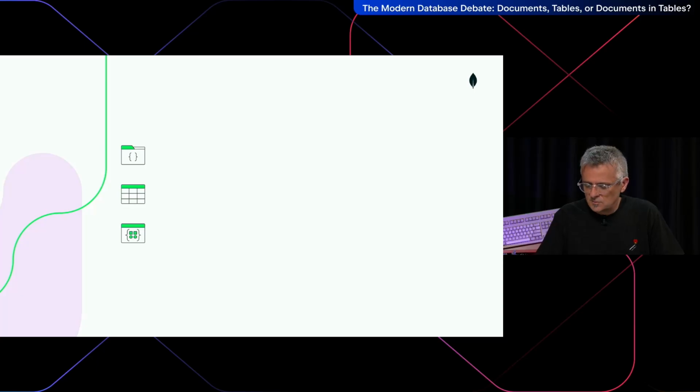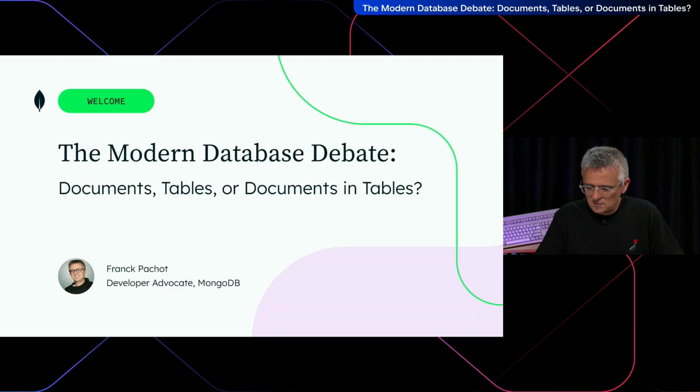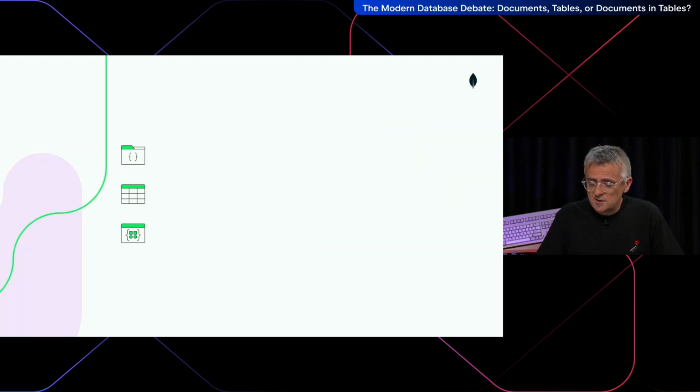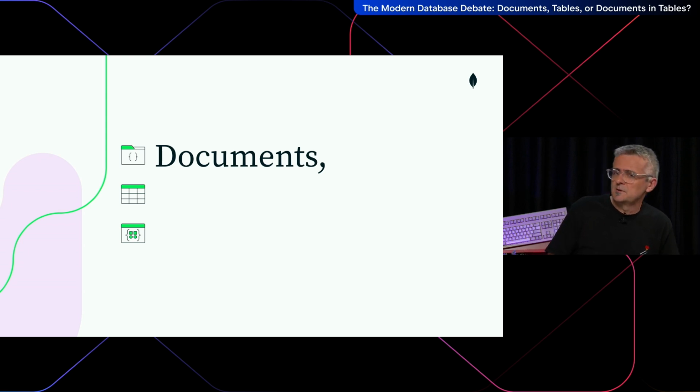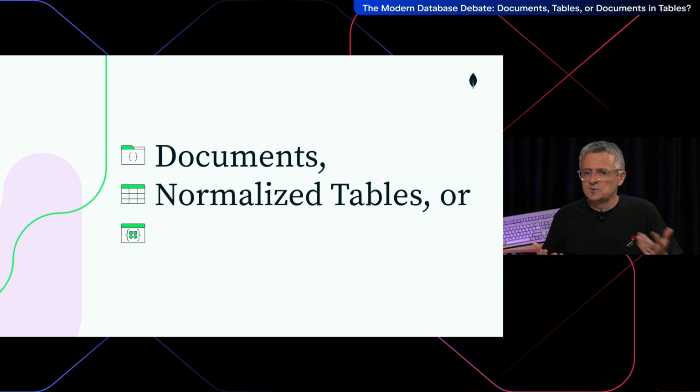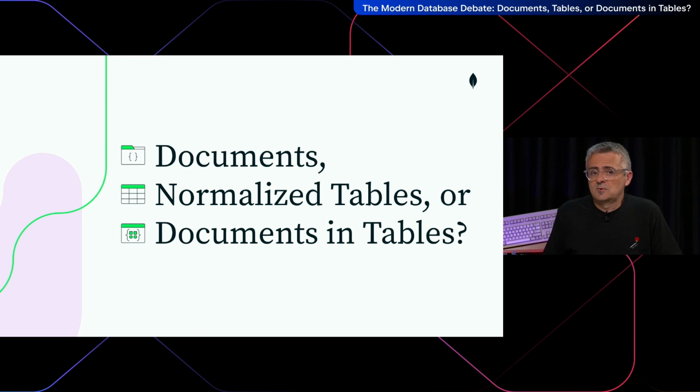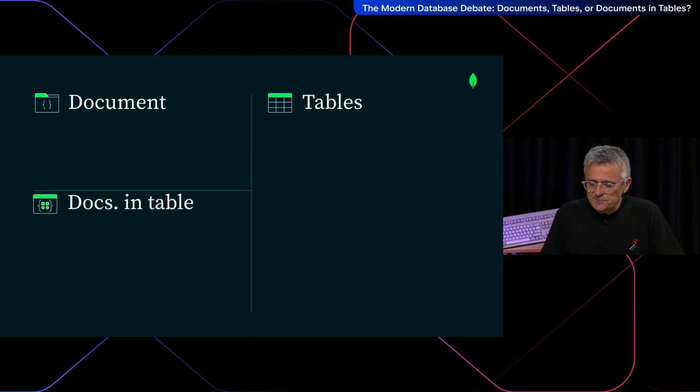So I don't know if my slides are shared. I guess yes. Okay. So the idea is documents, like in a document database. You have a JSON document, you store that in the database, or normalized table, like we do in SQL databases. We have a different table with a relational model and all normalized. Or what you can do today also is put documents within tables, because in a SQL table you can have a JSON data type on it, and we will look at those three different kind of storage in the databases.